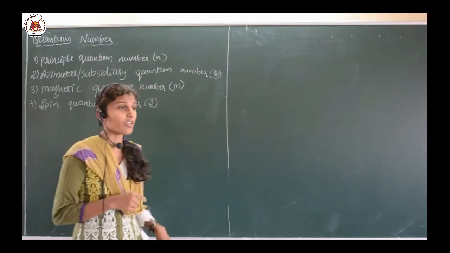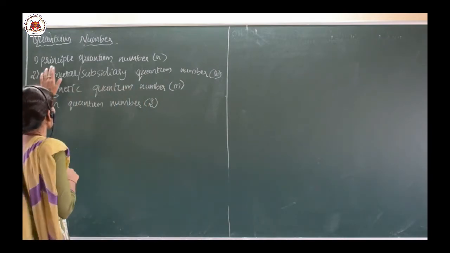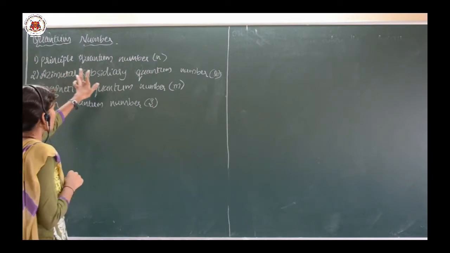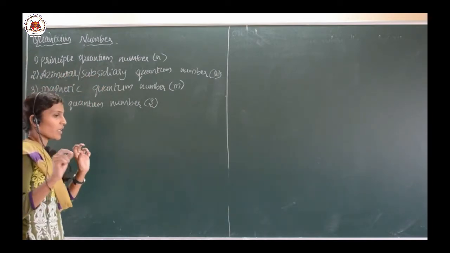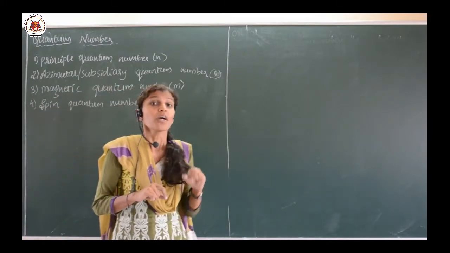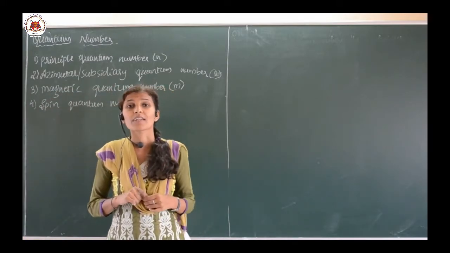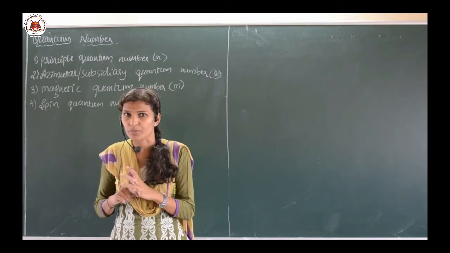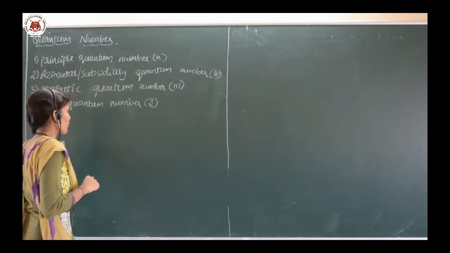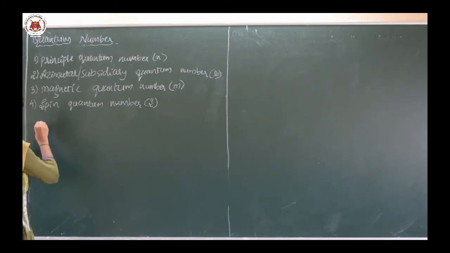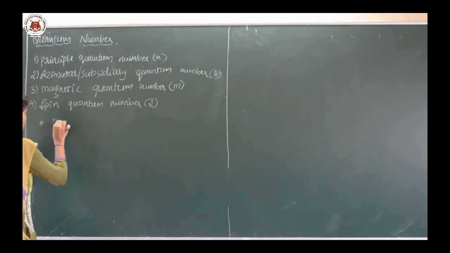So, which are those 4 quantum numbers? Principal quantum number, azimuthal or subsidiary quantum number, magnetic quantum number, and spin quantum number. So, an electron of an atom is characterized by a set of 4 numbers, and there are 4 types of quantum numbers. Let me explain one by one. First one is